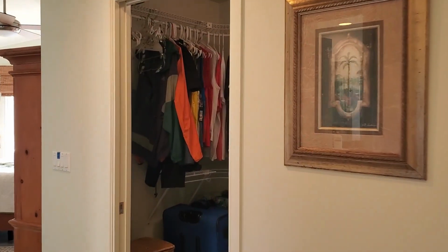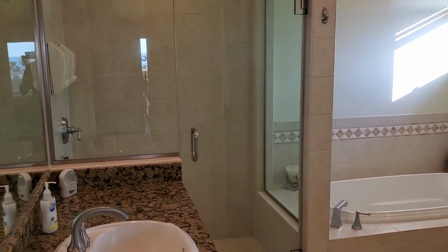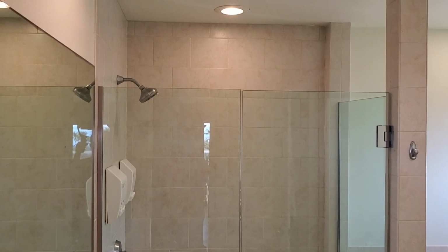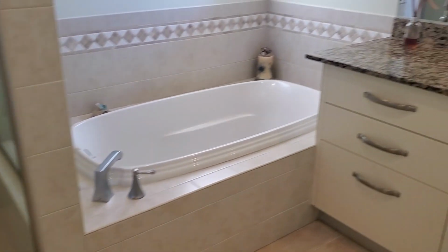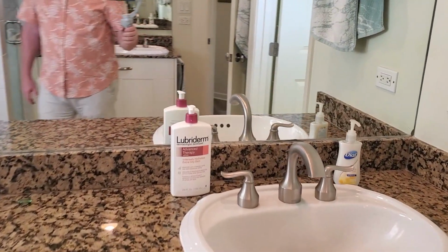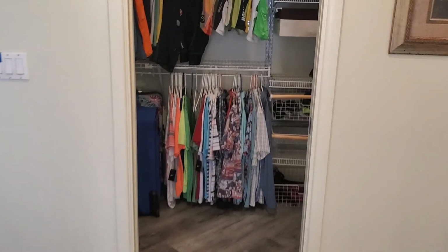Really like the setup of the owner's suite. A couple big things. Number one, you have this really good sized bathroom with a separate tub and shower setup. And look at that, we got our tile all the way up to the ceiling. Bonus points for that. And the his and her sinks on opposite sides, so you have your own space. Great privacy door for the water closet, door for the bathroom here, and then right across,